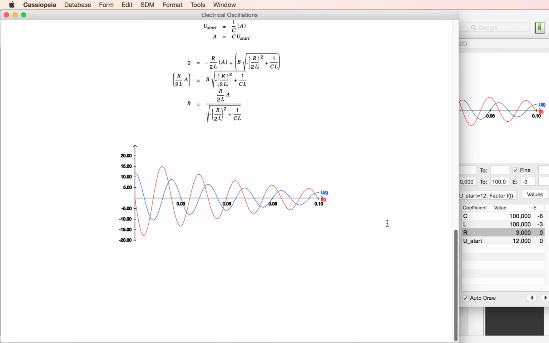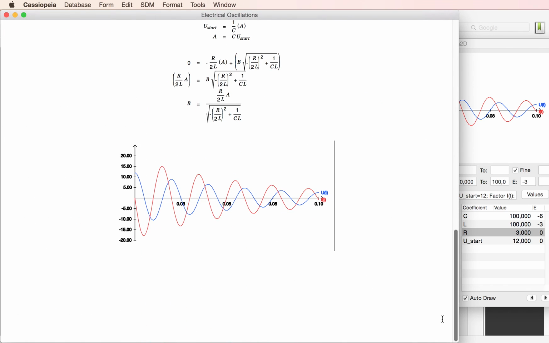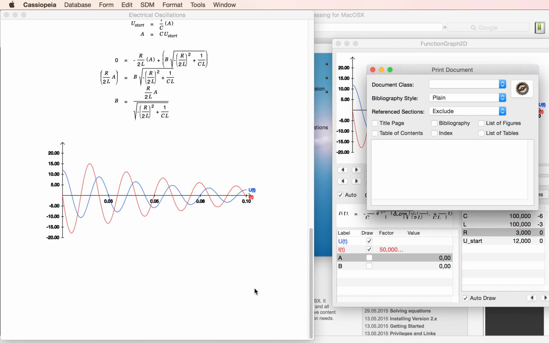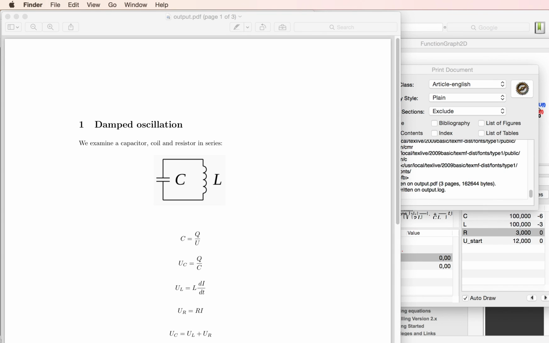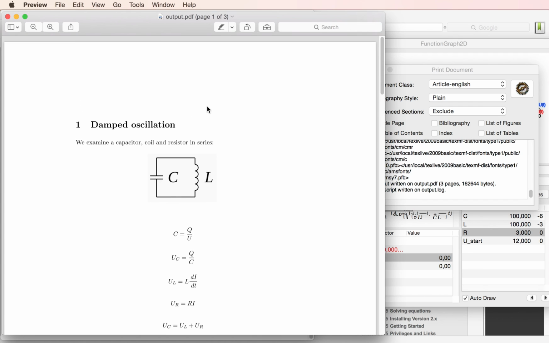Okay, here we go. Let's generate a PDF for this document. And here we have a printable